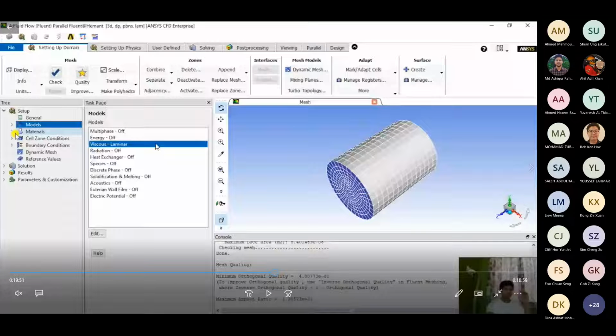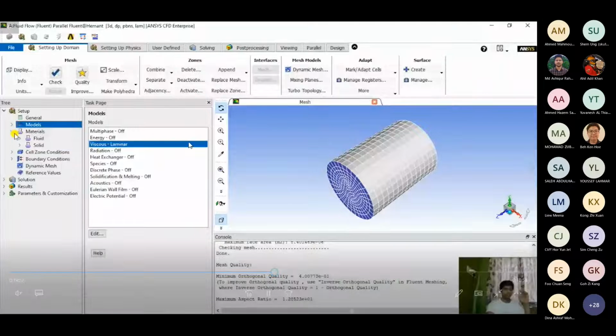For each of these models and for each case, the continuity and momentum equations are common. They will be solving for both those equations in every single model, because they are the governing equations. They are the fundamental basis of physics, and they work on those laws. So a real-time working of systems will be directly related to that, based on those fundamental principles. So they are by default applied.